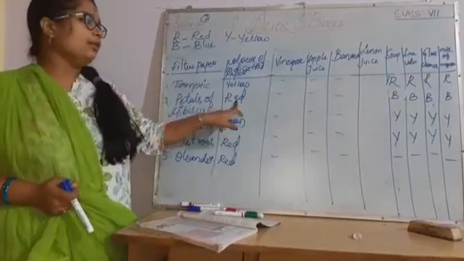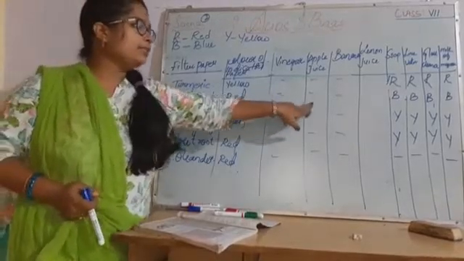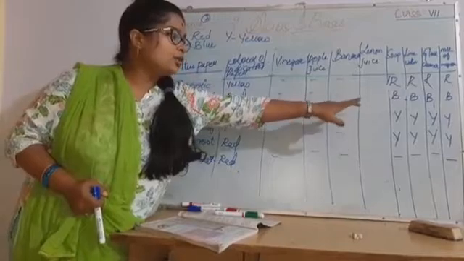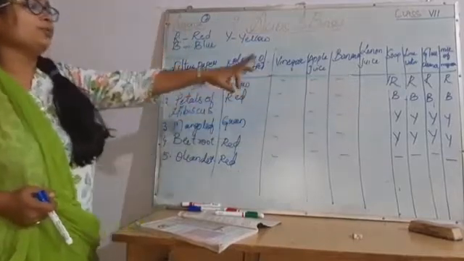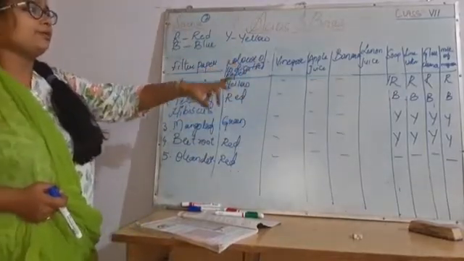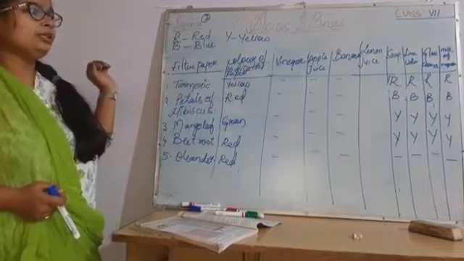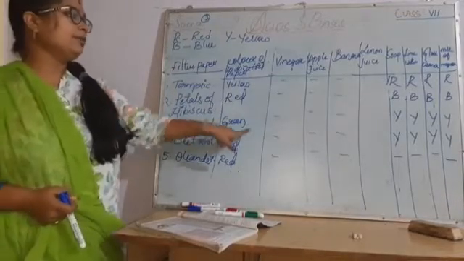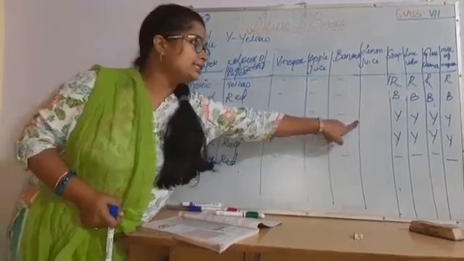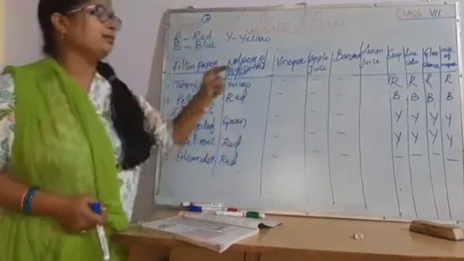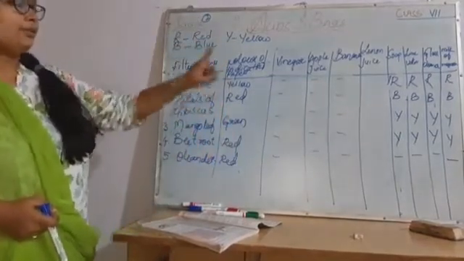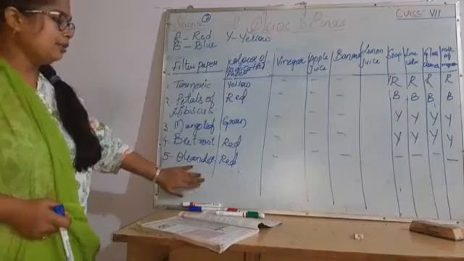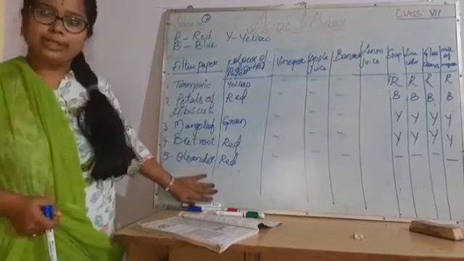There will be no change with vinegar, apple juice, and banana. Soap blue, lime water blue, glass cleaner blue, and milk of magnesia will turn blue. And mango leaf is green. There will be no change in the color when you add these things. But when you add soap or lime water, it will turn yellow. The beetroot is also the same. The oleander, you have to write about this oleander.